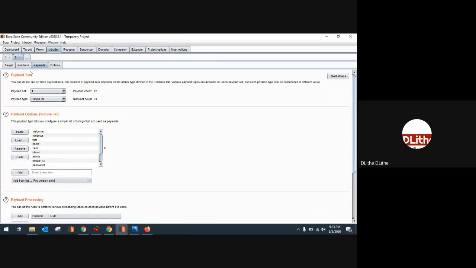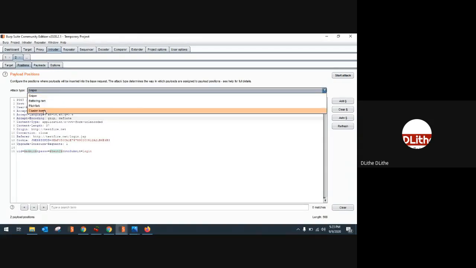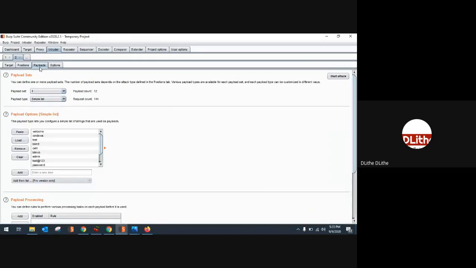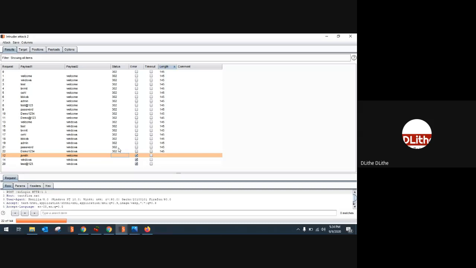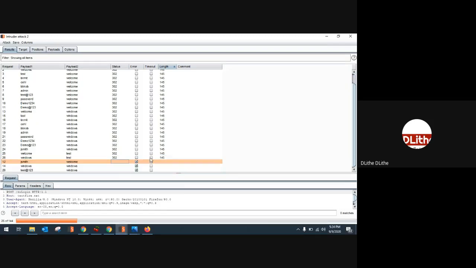In case you are trying both username and password, that is, if you do not know both, in that case, just select cluster bomb. Make sure you select username first and password second, so that you will get enough amount of data and time, if done efficiently. After that, you can select one for the firstly selected data, that is username. Add the word list for that. Second, select your word list for the password, and you can go on.